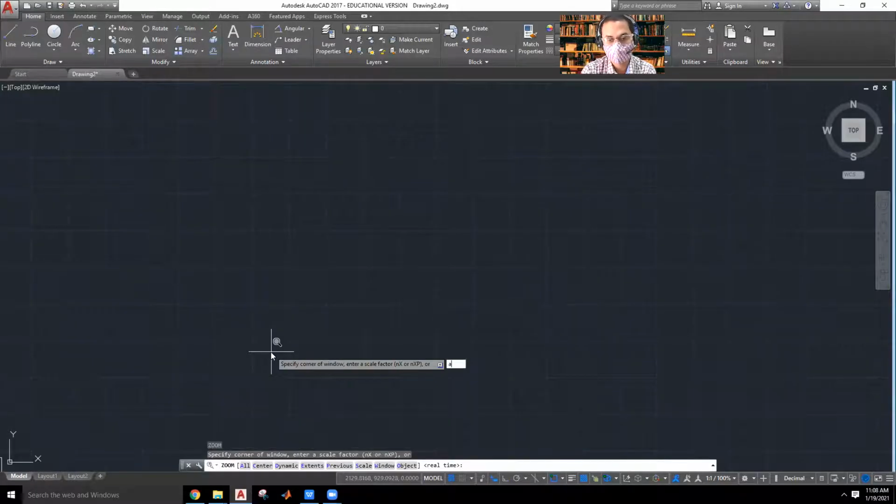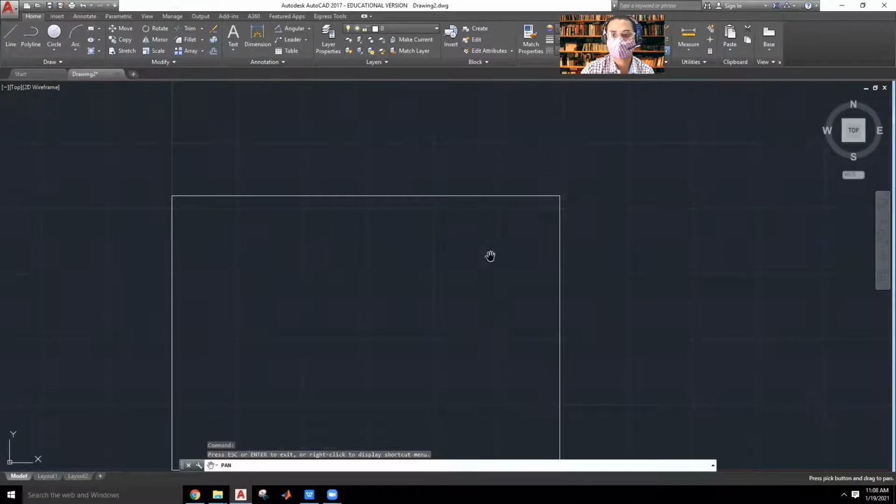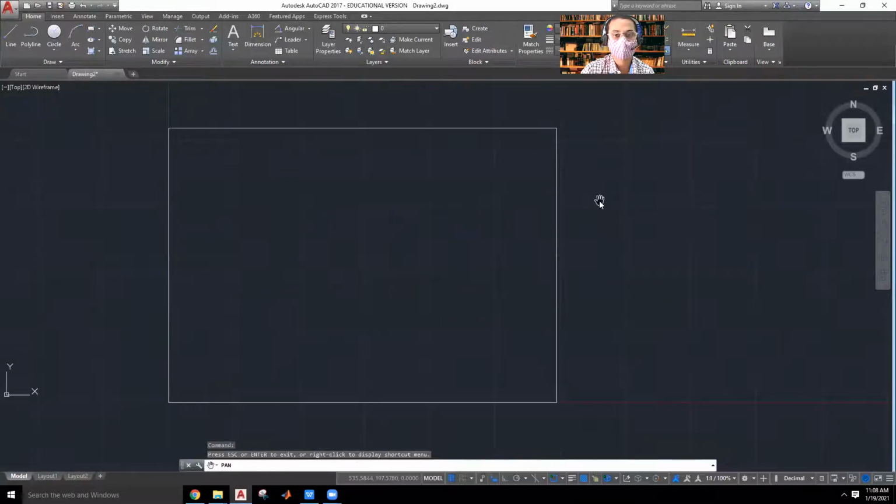So that whatever you have drawn, everything you can see. Z, enter, A, enter. Use the pan command and drag it above. Right click, exit the pan. So this is the one you have done, and you have to write your name, roll number, scale, all those things. So that's the reason you have to create one more.